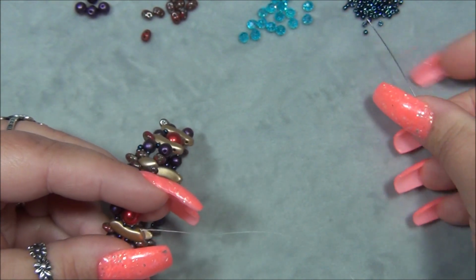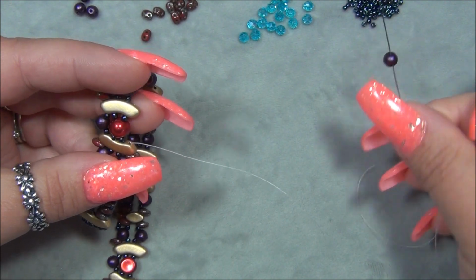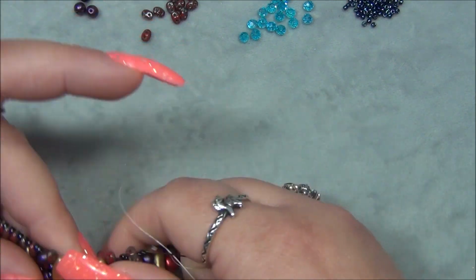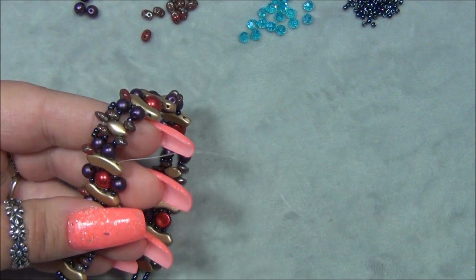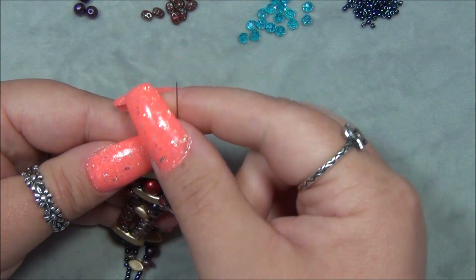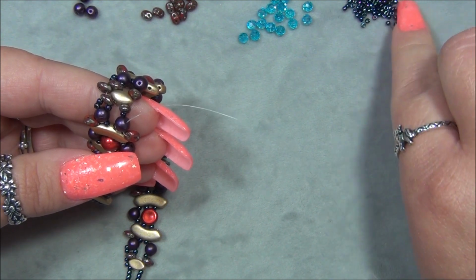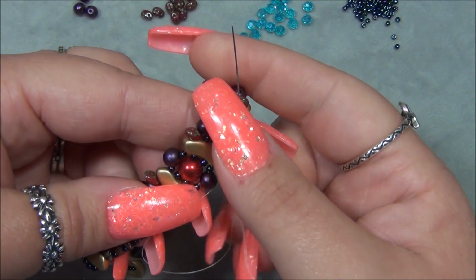And then right here, it's a seed bead, a rounduo, and a seed bead through here. Okay. And then I might have it too tight actually, so I just relaxed it there by tugging on it. And then a superduo through the rounduo, and then 2 seed beads, 2 not 3, and then through this superduo,